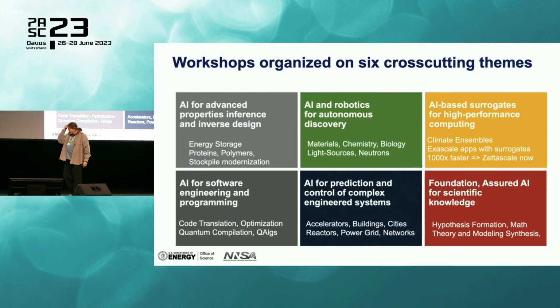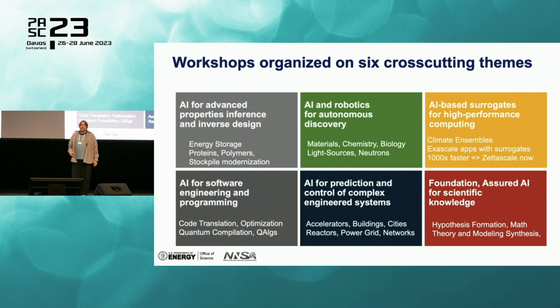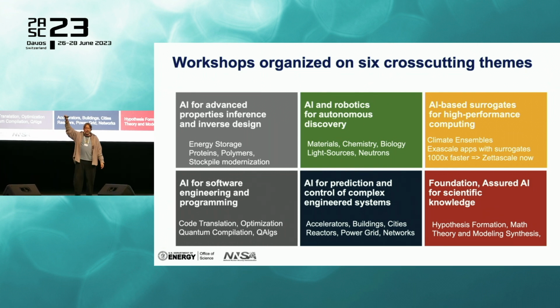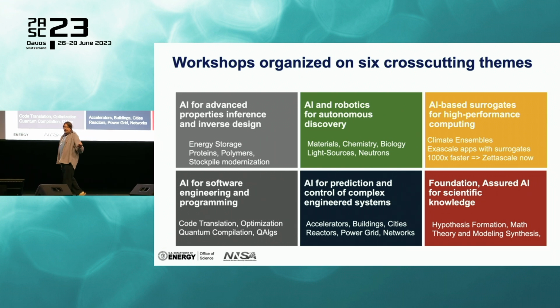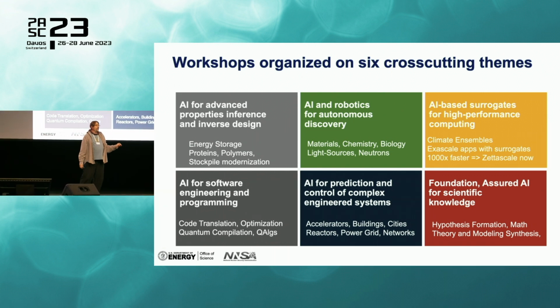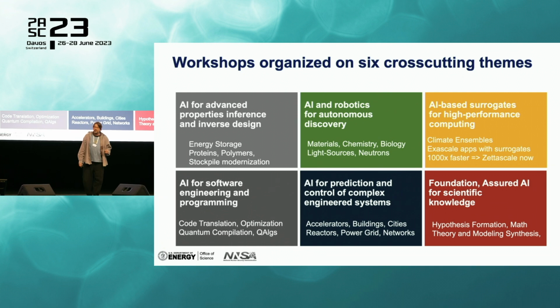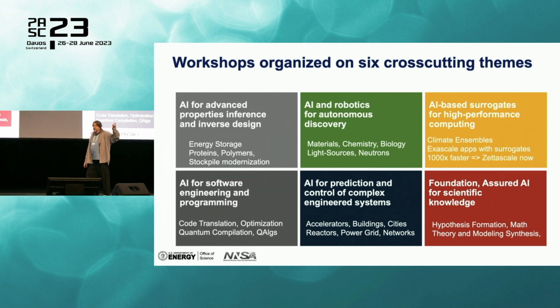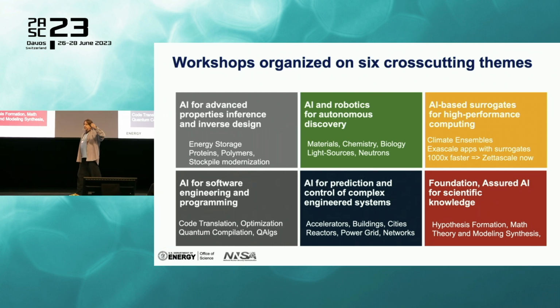And so we decided to organize the second series very differently. We thought about what are big roles that AI could play in the scientific enterprise, national security enterprise, and the energy enterprise, that are not going to be every data set has a model. One of the reasons for that is that there's not enough humans on the planet to manage a model for every data set. That's just not the way it's going to work. So we came up with 6 areas, 6 different use cases of advanced AI that actually would target multiple downstream